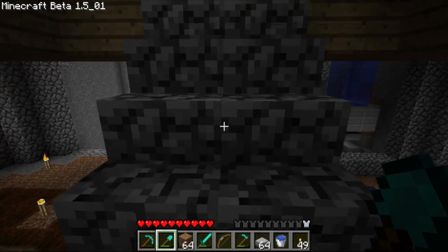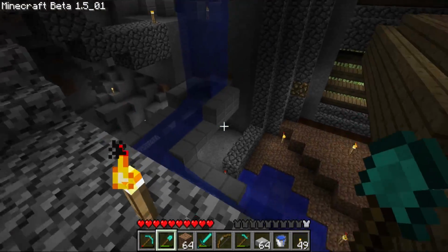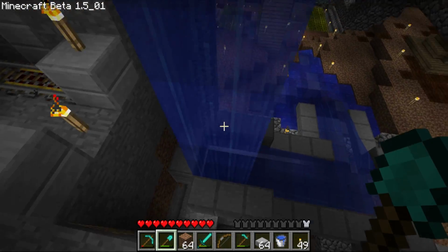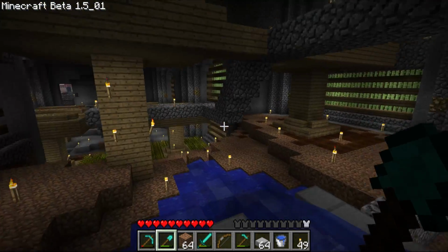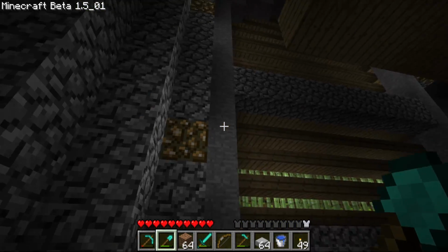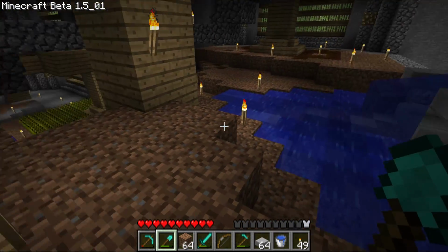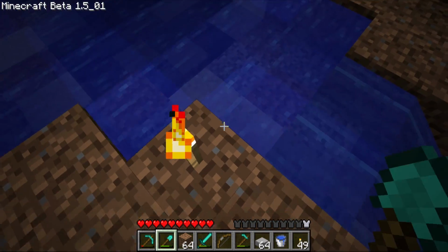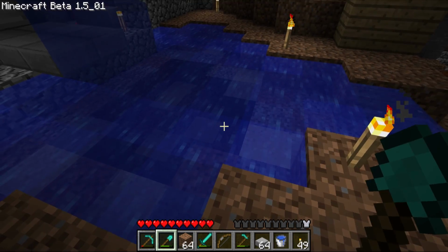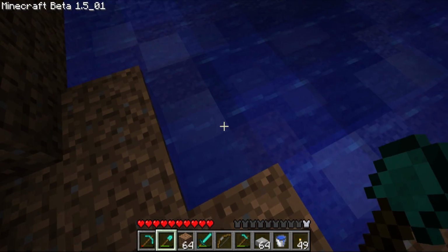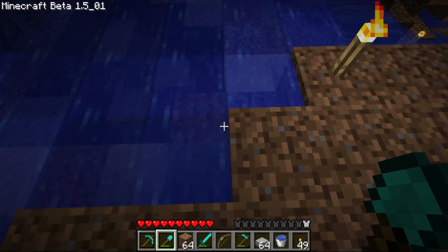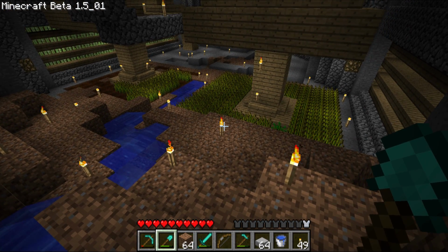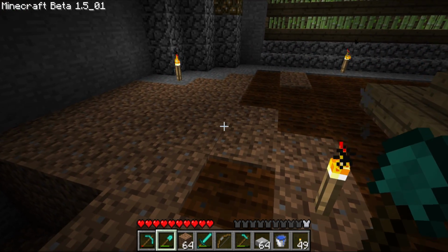So we need water sources if we're going to grow wheat down here, obviously, right? And I would like to hide most of those. We also need lighting. I don't have enough glowstone to just put it all over the place. I've used the majority of my glowstone now in these wall lights here. So what I think we're going to do... Oh, and I spiced up the bed of the little pond and the river a bit with sand and stone, every now and then some gravel. So what I want to do, we can't get rid of the torches. I would at least like to organize them a bit.